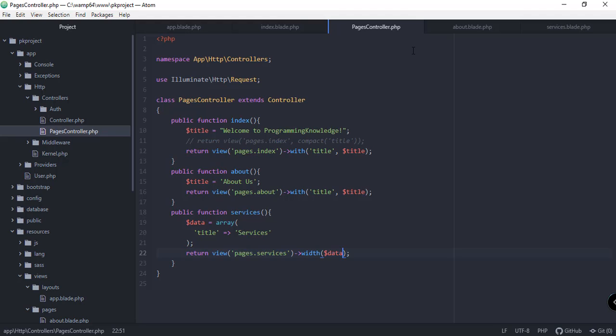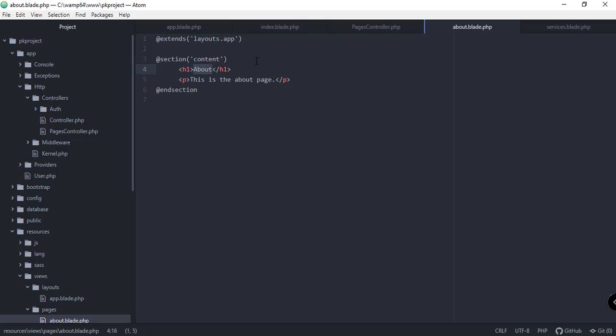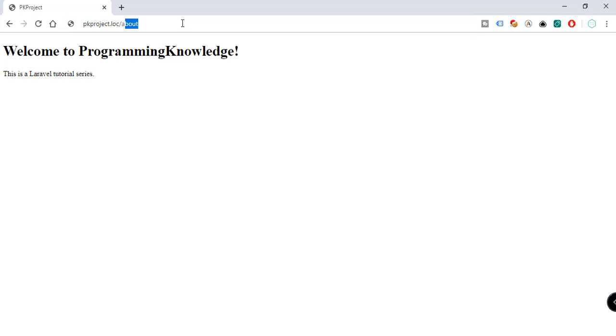And let's just go to our pages, the about. So instead of using the about here, let's just go ahead and type in the title. And also for our services here, we can just say title. There you go. So about, and our services, and including our index.blade.php. And let's try to refresh our page, and let's go to our about